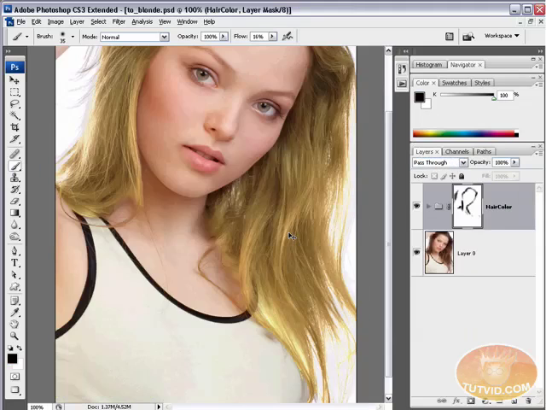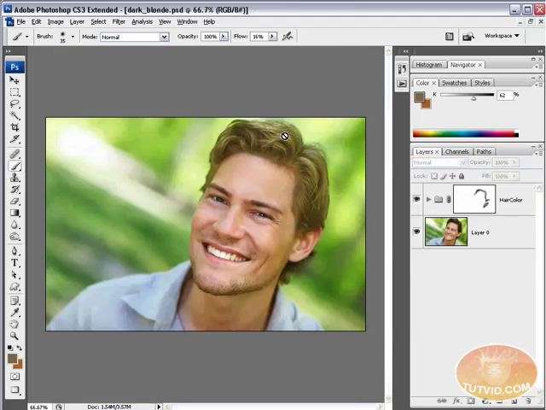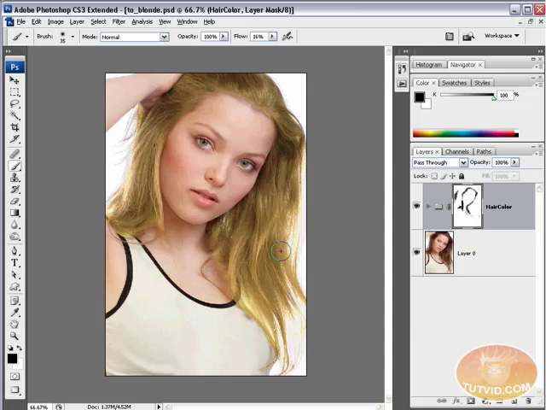And here we go. We've got her and we've got him, both using the same techniques. We go from the original brunette, brown hair, to the blonde. That's how you do it here in Photoshop, and I hope you learned something, and I hope you